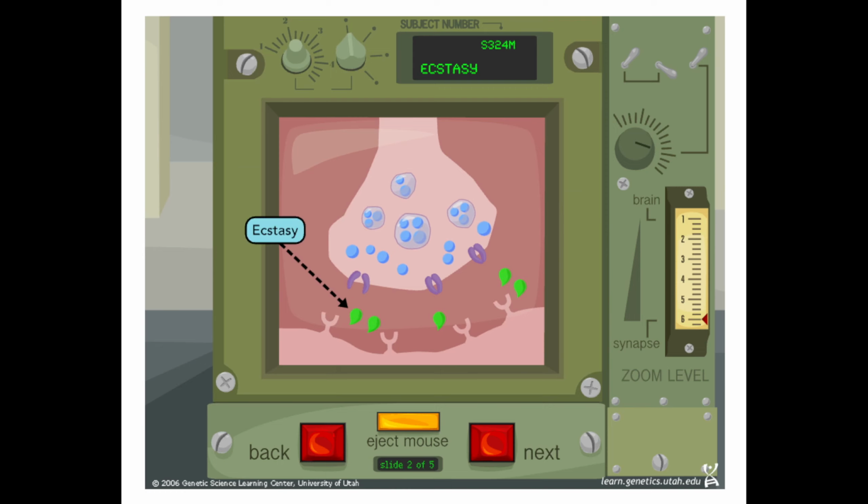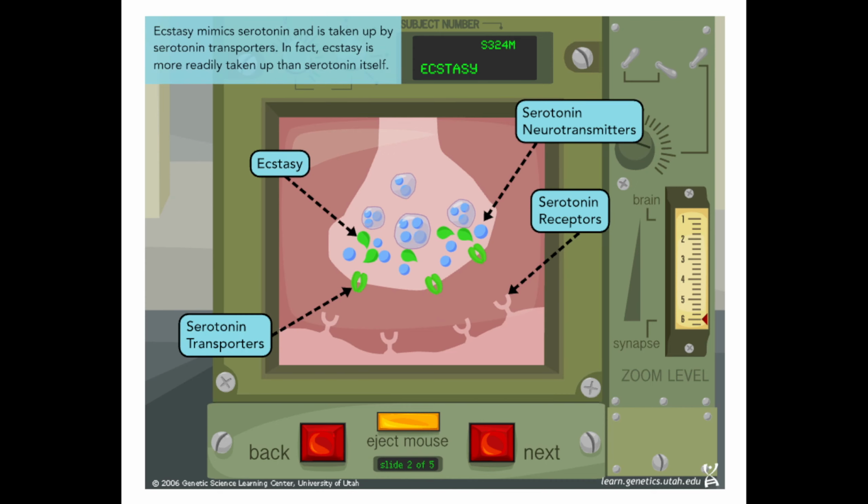What happens is when ecstasy gets introduced into this, it kind of mimics those serotonin receptors and gets absorbed into that axon terminal. So what's happening is that it thinks there's a lot of extra serotonin, and so these serotonin transporters